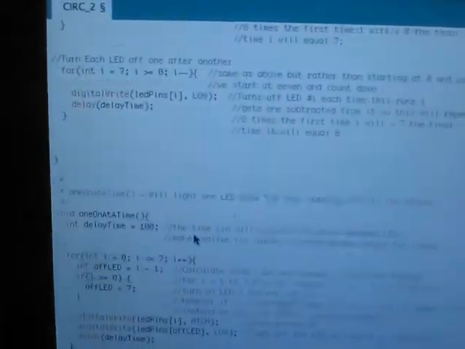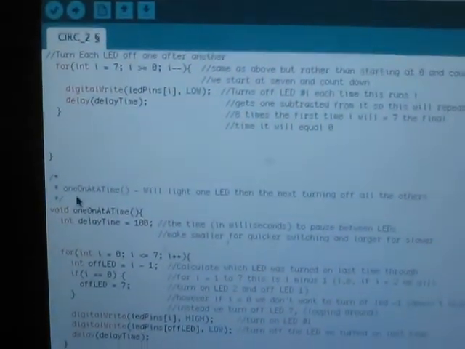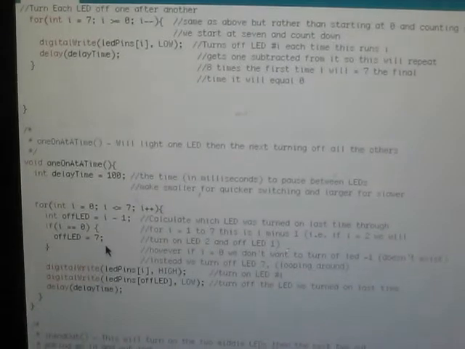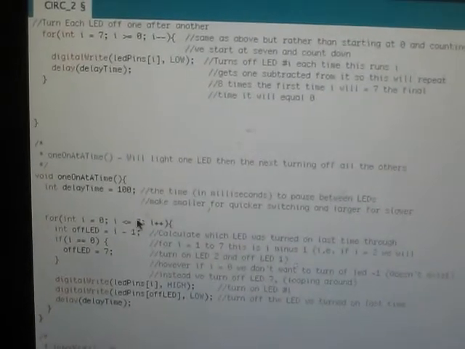The third one is kind of a different pattern. This one is called one at a time, and it will light up one LED at a time. Imagine that. So this one has the same delay time, and it's gonna start with 0 and go to 7 like the last one. And this off LED indicator has I minus 1, so it's going to calculate which one was turned on last time, and if it equals 0,